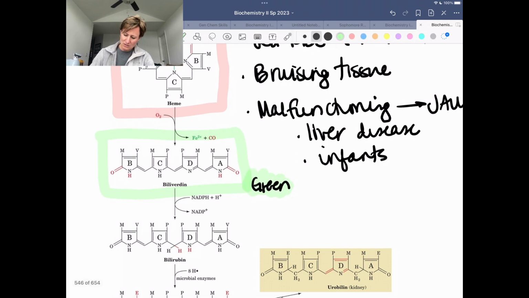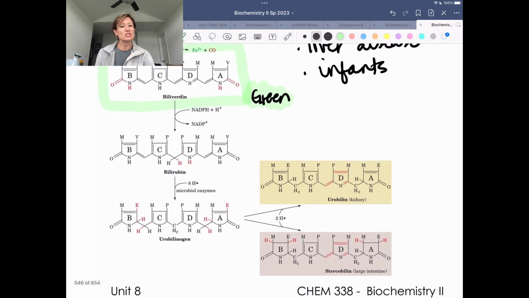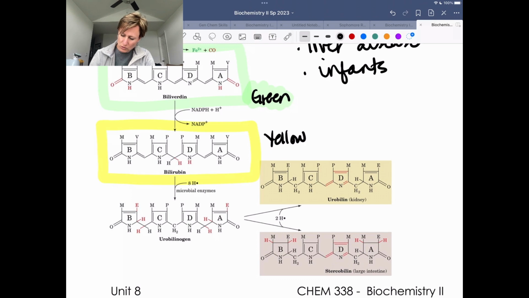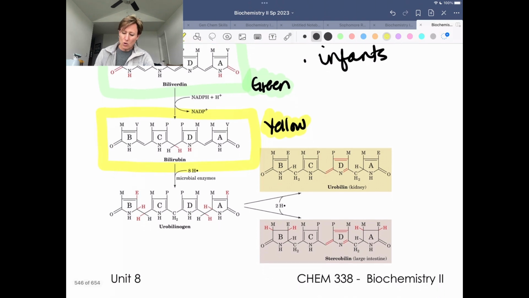Okay, and then we have it made into bilirubin. And bilirubin maybe is something that you've heard about before. This is going to be the piece that is problematic for individuals who have jaundice. We have a buildup of bilirubin. And then once you have the ability to get rid of bilirubin, it can be made into urobilin or stercobilin,